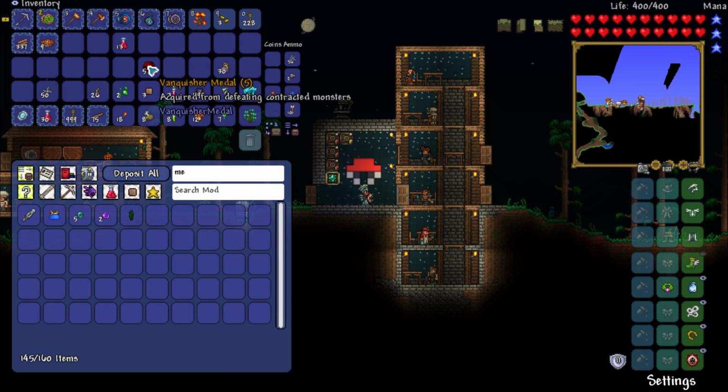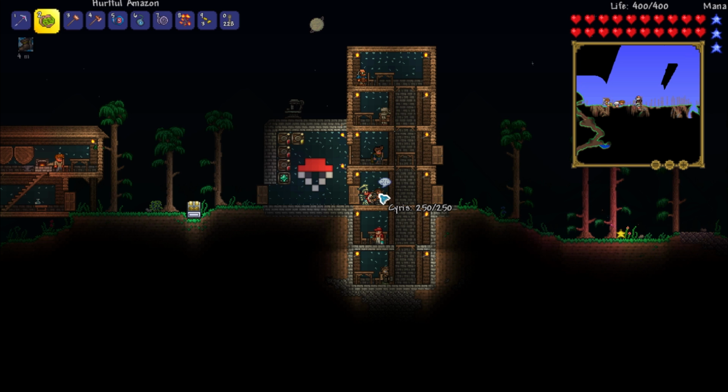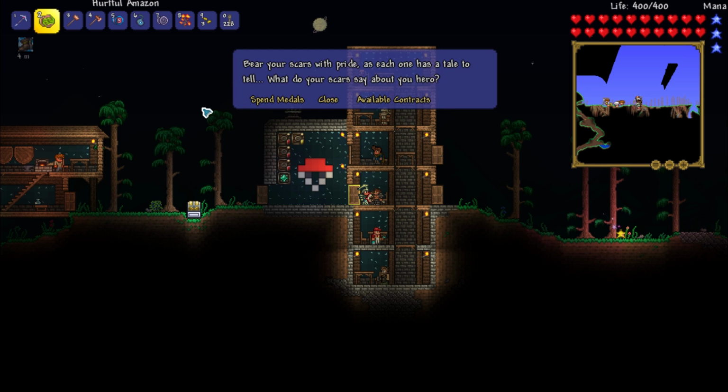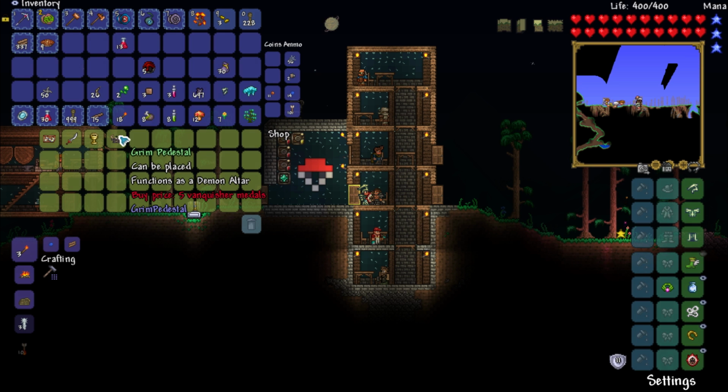Hey, so something that's kind of cool. I didn't know about this. It's not something I've ever delved into. So this dude in the thorium mod, basically you get these Vanquisher Medals for killing certain enemies in the game. He has a shop that you can go in and buy stuff. This is quite cool. So for 5 of them, you can buy a Grim Pedestal, which functions as a demon altar,